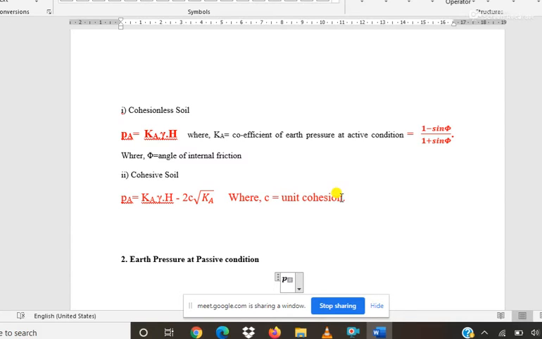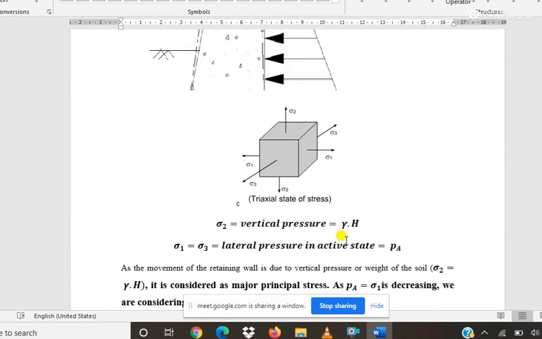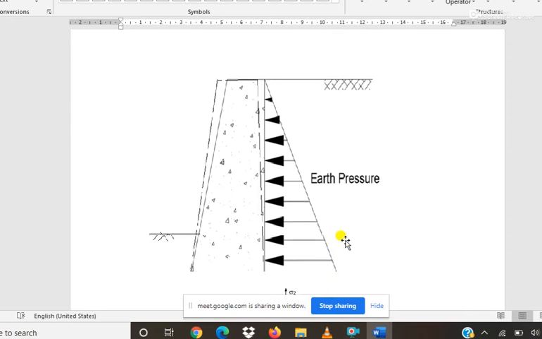Small p in suffix capital P. Okay, this is PP. For this PP we have to derive the mathematical equations. Now coming to the figure, for this portion we have discussed earlier that